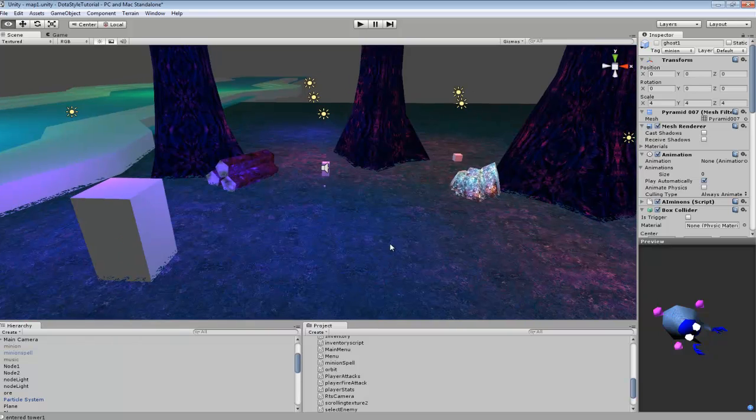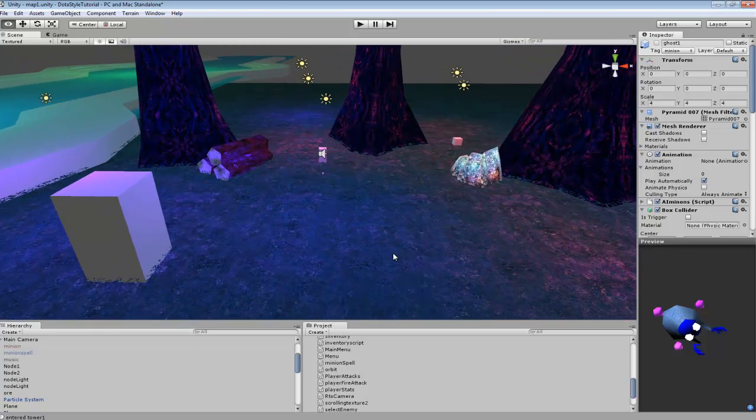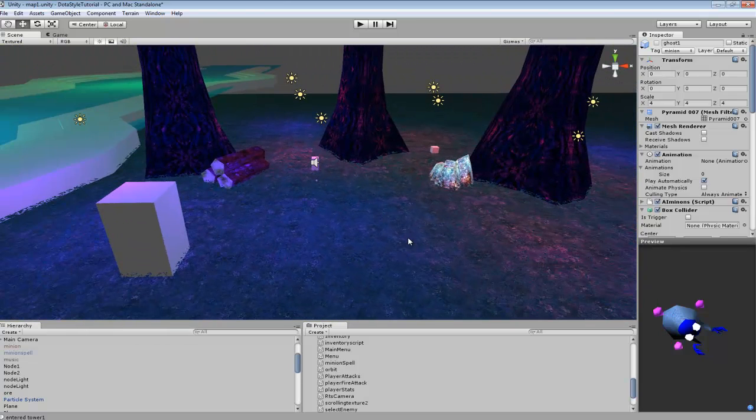Hey guys, in this tutorial I'm going to be teaching you how to select enemies. Now this won't be the completed script yet, but it will be a basic starter for what you need to do to create enemy selection. So if you want to select a character and only have your player target that character, you can use this script. But hopefully in the next tutorial on this, we can actually get the player attacking the specific enemy that's